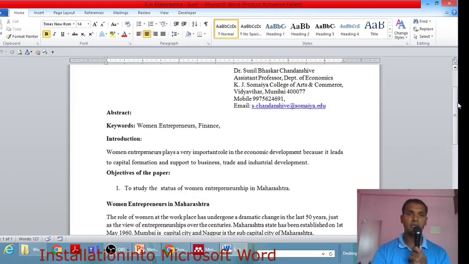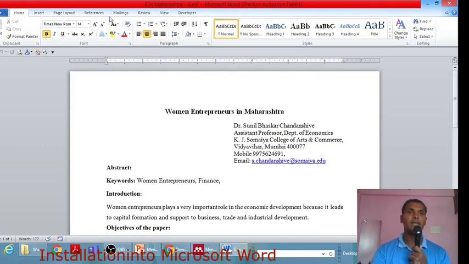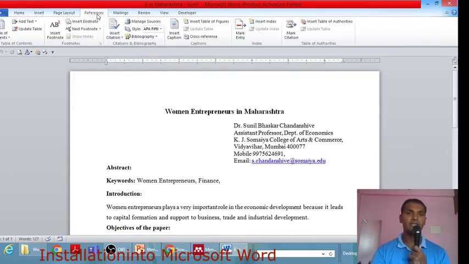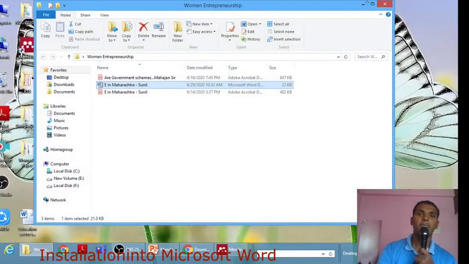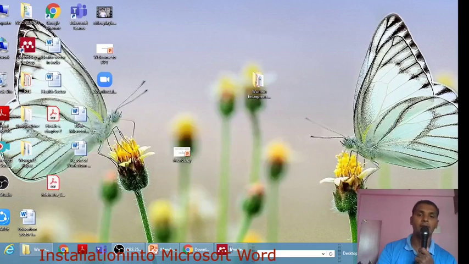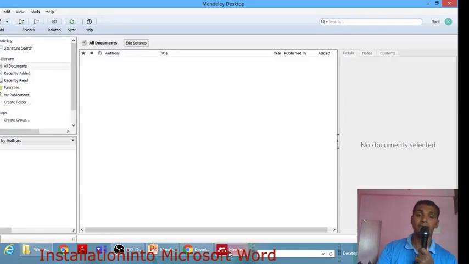So for that I am going to use this paper, and after that you need to click on references. In the references you can see my Mendeley Desktop software has still not been installed. So what I have to do is close the Microsoft Word document and open the Mendeley Desktop software again, and you need to install it on your PC.